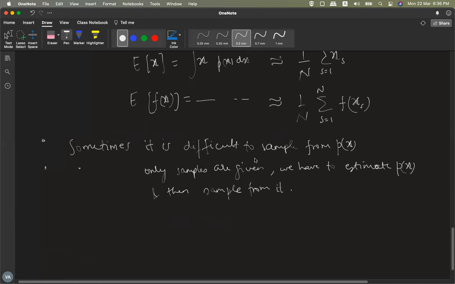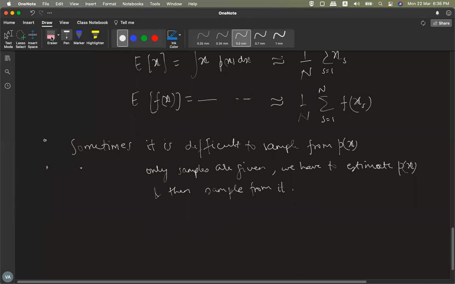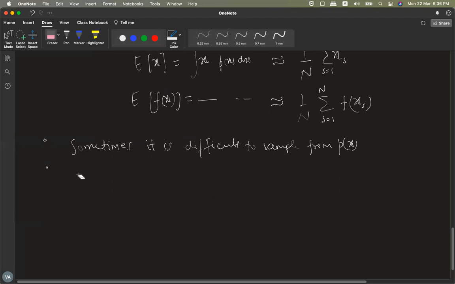Okay. So let us come to the first problem. I think the second one we have already discussed, so I will just remove it for the time being. This we have already seen before. I think this problem is interesting. Sometimes it is difficult to sample from p(x) because it's too complicated. So what we do is approximate. Therefore, the solution is to approximate p(x) with some q(x),